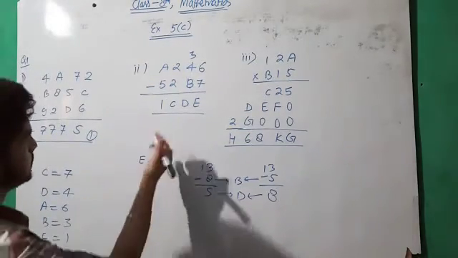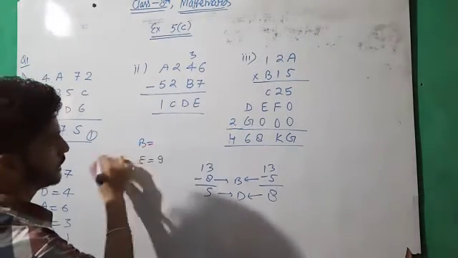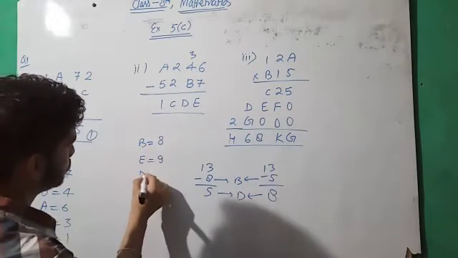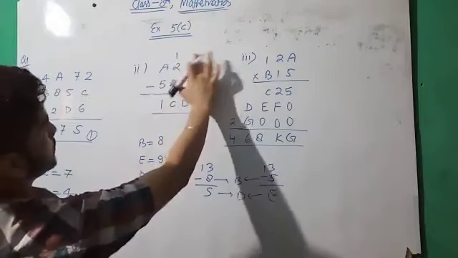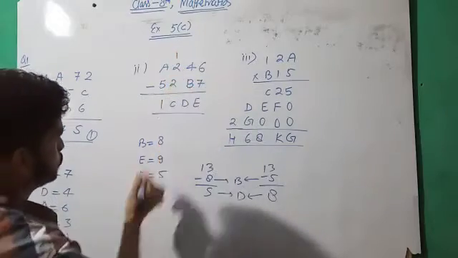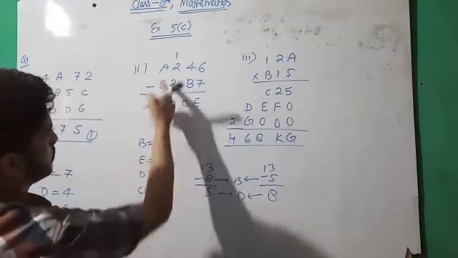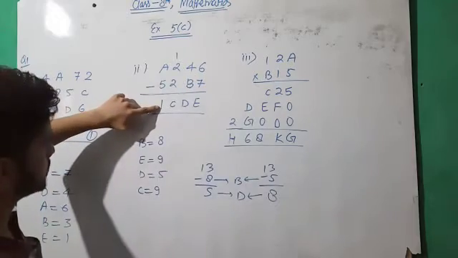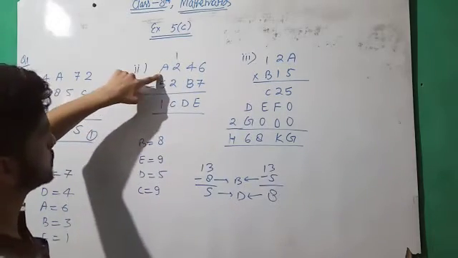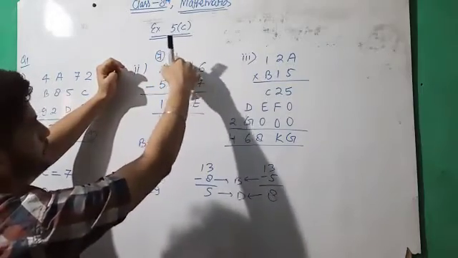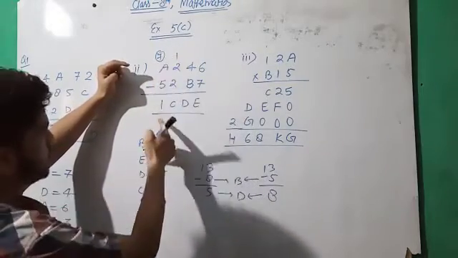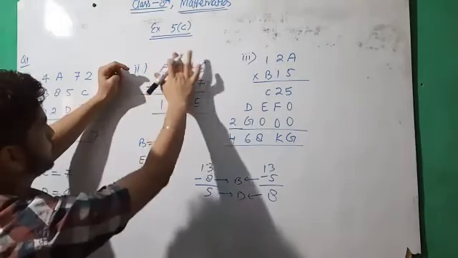You can say that let b equal to 8. If b equal to 8, then d equal to 5. Then here we have 1 because we can take carry. So 11 minus 2, so c equal to 9. Now the last one. The resultant value is 1, so it must be 7. If a equal to 7, we can take carry 1 here. So this is 6. 6 minus 5, that is 1. So the value of a equal to 7.